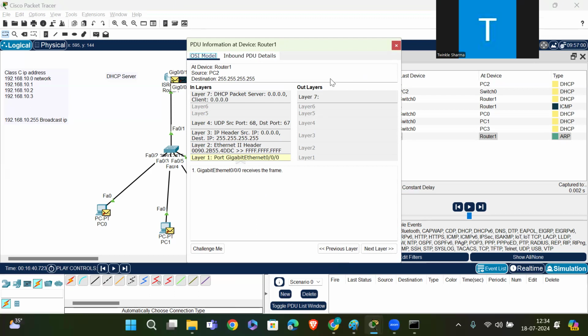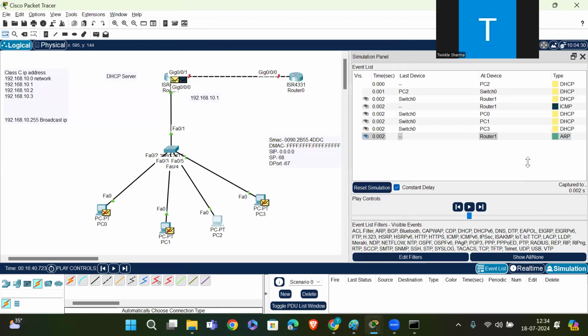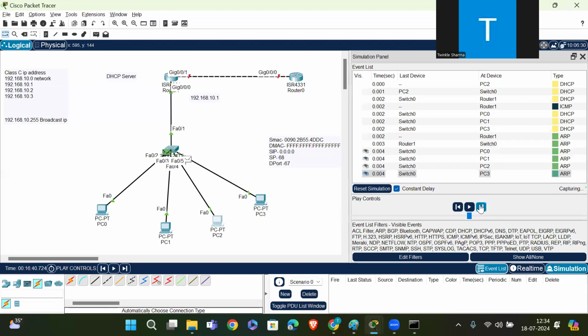The router will accept it and check whether 192.168.10.4 is in use, using an ARP broadcast. So let's see. The ARP message is generated, then it is broadcast, then accepted.